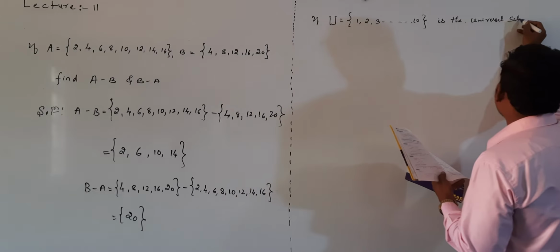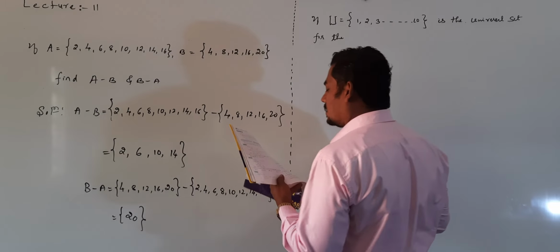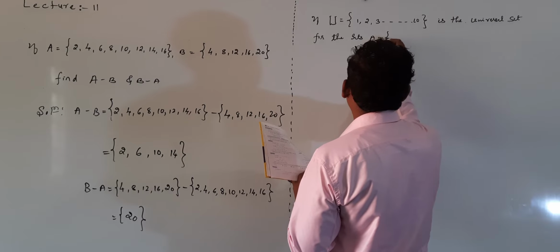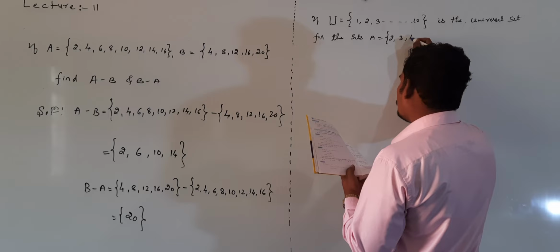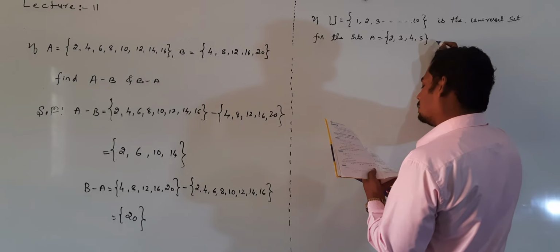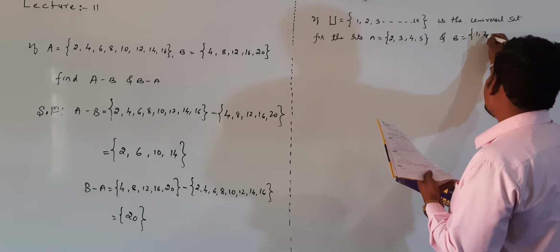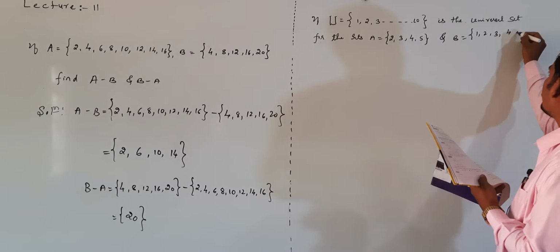For the sets, set A is equal to 2, 3, 4, 5 and B is equal to 1, 2, 3, 4, 5, 6. Then find